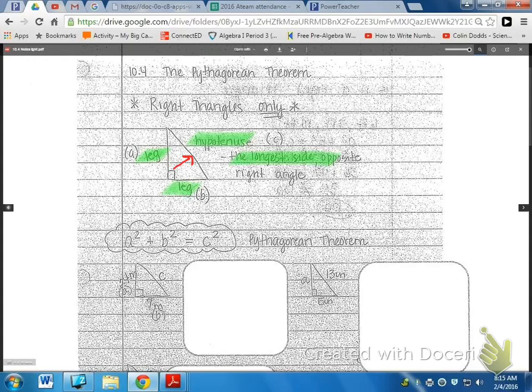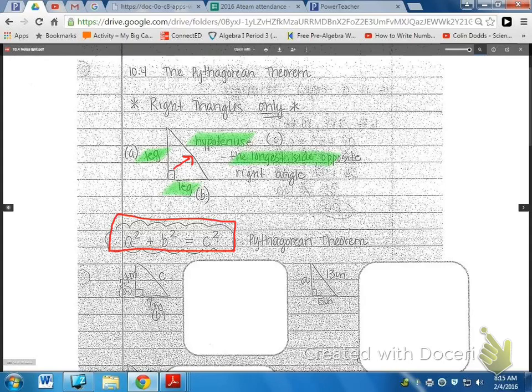The Pythagorean Theorem was discovered by a mathematician called Pythagoras, and he studied a bunch of different things in right triangles. He discovered this: you take the two legs, square their lengths, add them together, and it's the same as the hypotenuse length squared. So it's a squared plus b squared equals c squared. What people mainly use this for is, if you know two sides of a right triangle, then you can